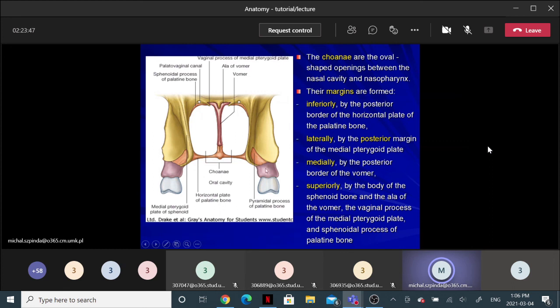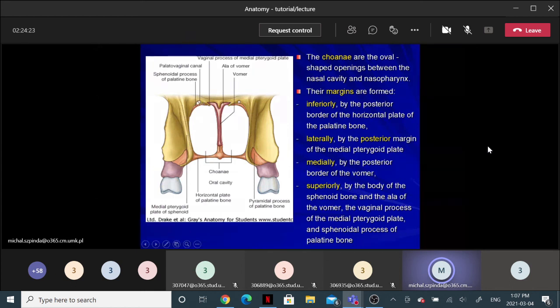Both the hamulus and vaginal process are derivatives of the medial pterygoid plate. Just medial to the vaginal process is a groove completed by the vomerine ala. As a result, here is the vomerovaginal canal, and more laterally is